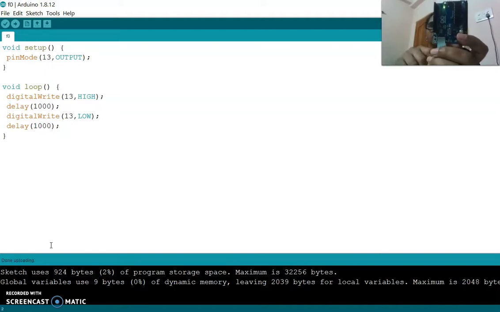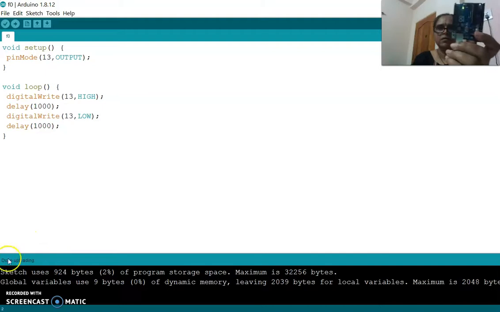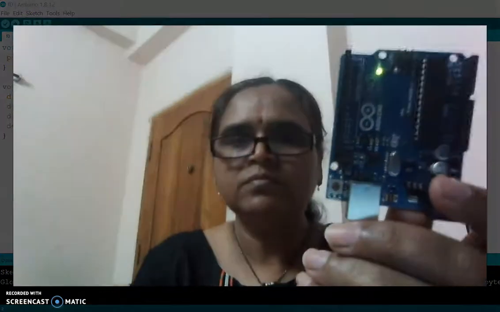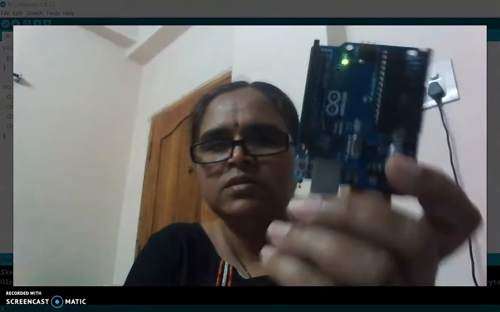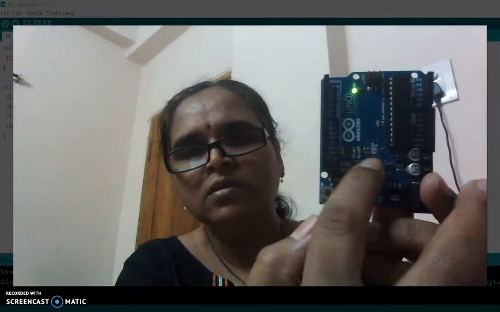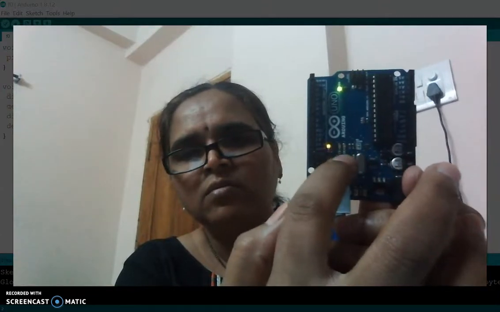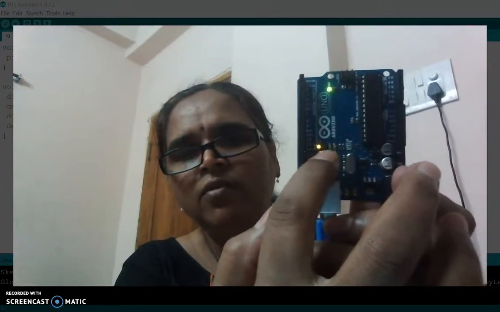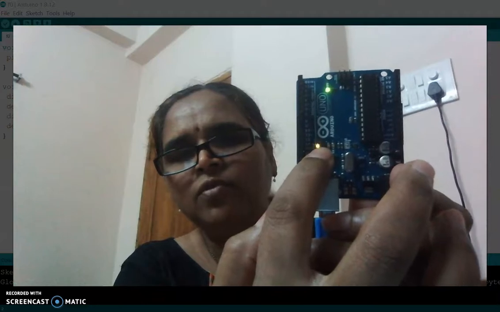Like that we can repeat this code as a blinking LED. See this, this is the orange light. The bottom LED is blinking on and off, on and off.